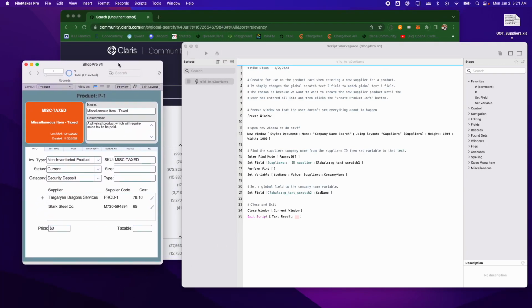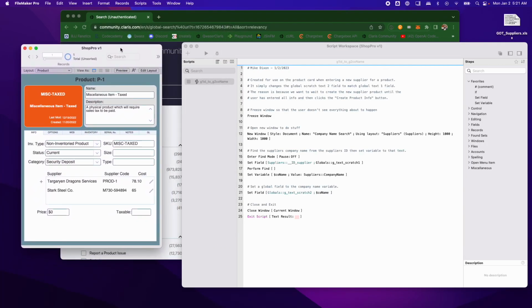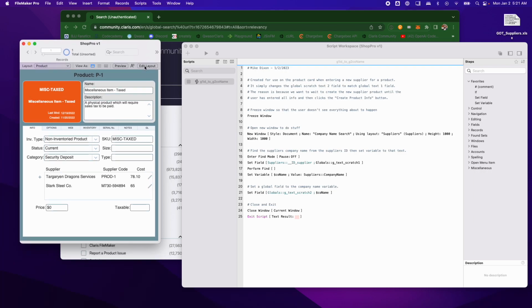Here is what I'm trying to do. I have here a product card to display all the information from a product, which will be kind of a card window that pops up. And if we go into browse mode here, you see what I'm trying to do is I want this button